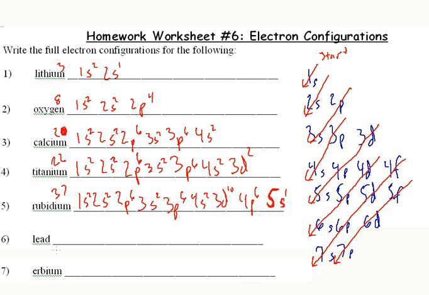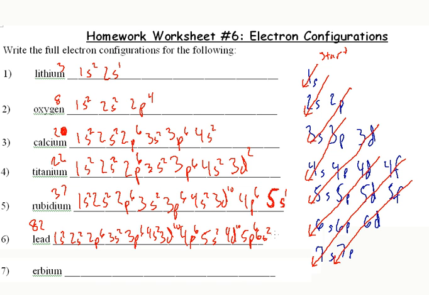Now we've got lead. Lead's got an atomic number of 82. Hopefully you're not going anywhere for a while. So let's just do 1s2, 2s2, 2p6, 3s2, 3p6, 4s2, 3d10, 4p6, 5s2, and then we've got 4d10, 5p6, 6s2,